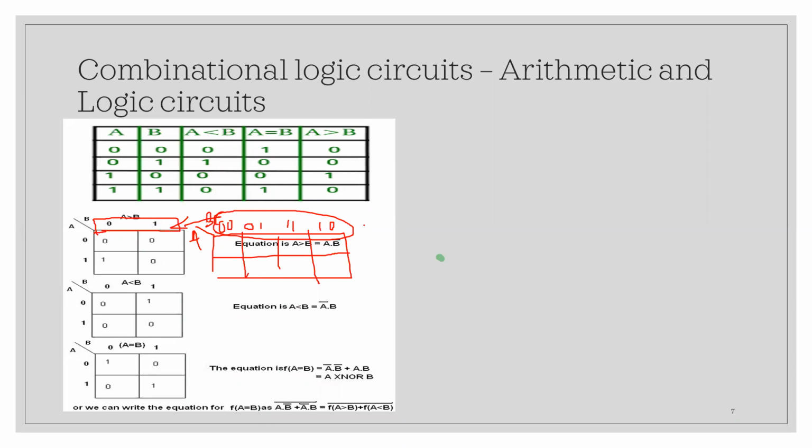Now, what kind of representation is this? Yes, it is gray coded. So in a K-map you use gray coding.